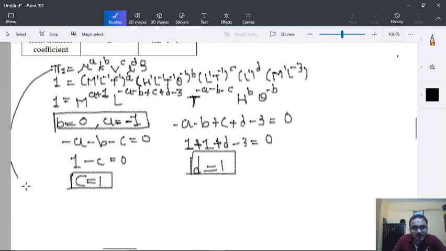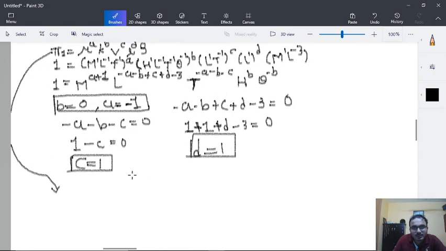So we can now write down in this pi term again that here pi 1 is equal to mu raised to -1, k raised to 0, so it will not appear, v raised to 1, L raised to 1 and rho. Here it is 1. So the final pi term we are getting is rho v L divided by mu. That is our first pi term, that is pi 1.